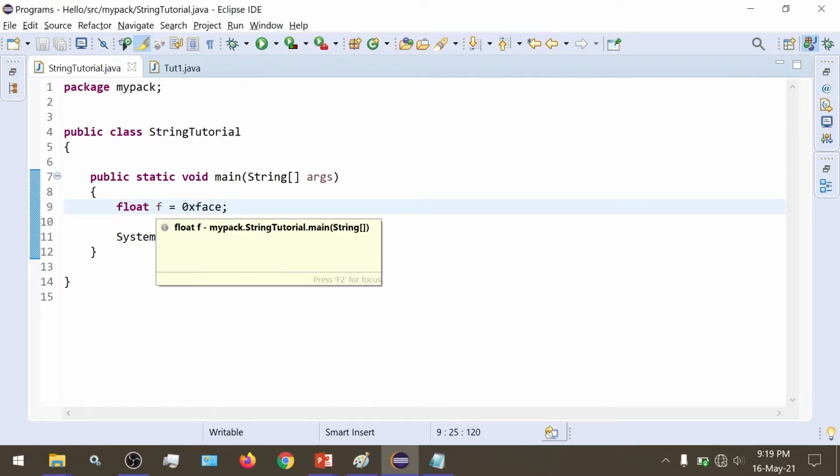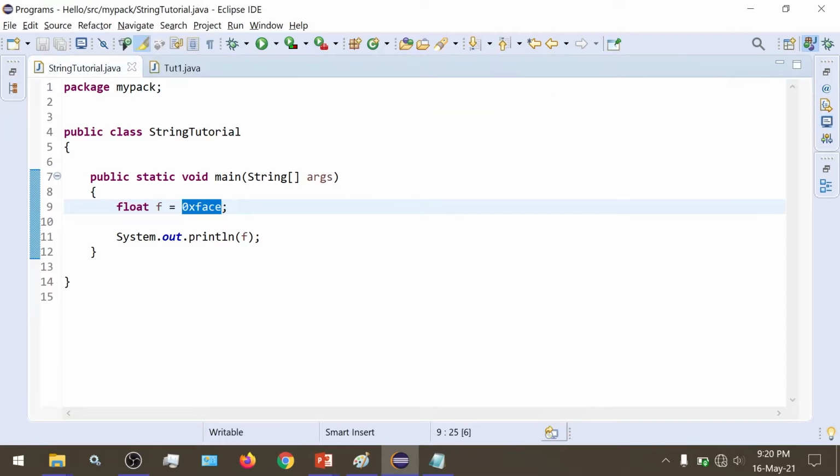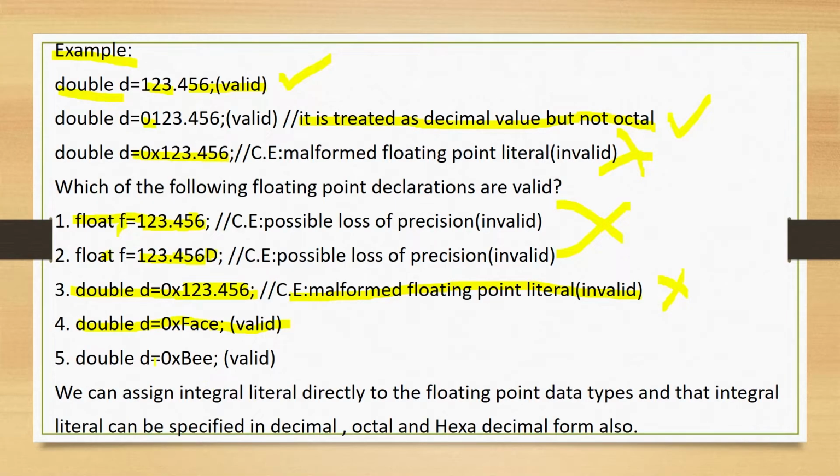It would by default consider this as float, and we aren't needed to specify explicitly the f which we do for normal floating point numbers. So we can very well represent floating point hexadecimal and double numbers. So let's see if we run this, this would be correct.